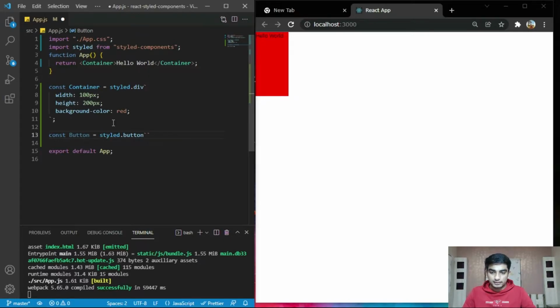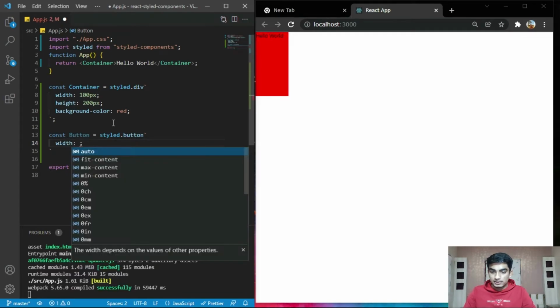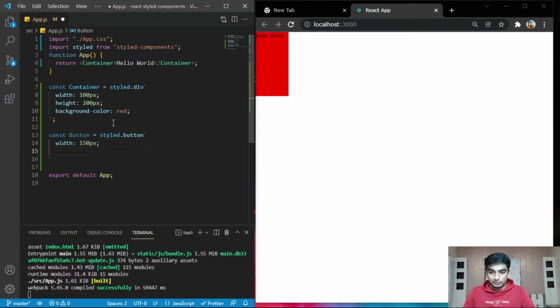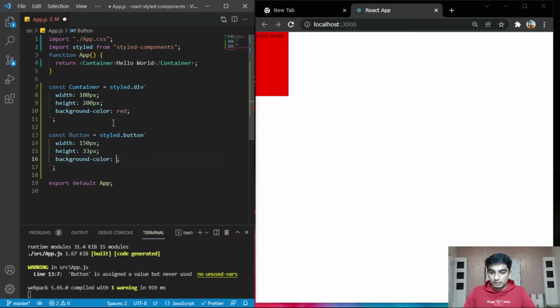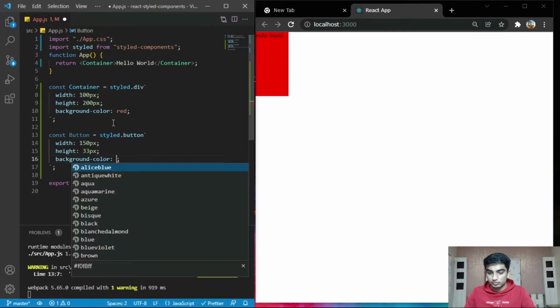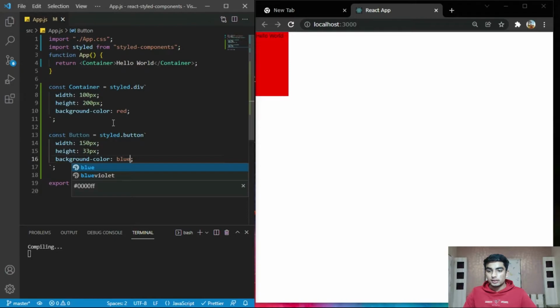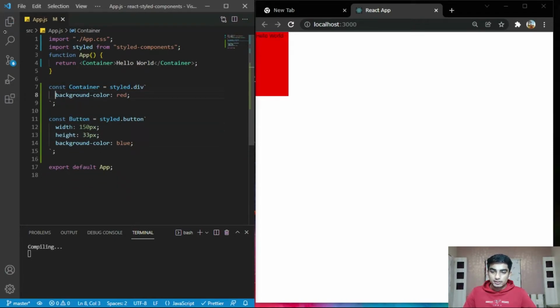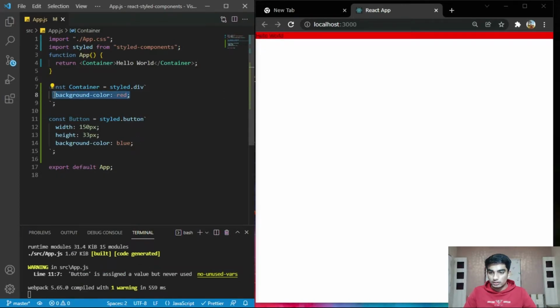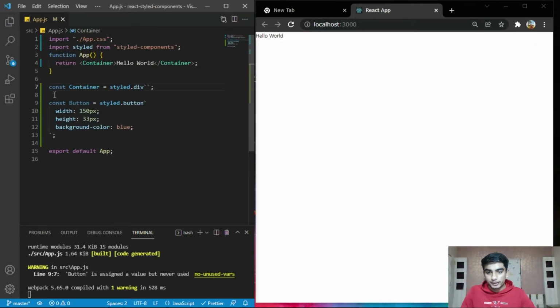And inside those backticks, we are going to apply width of 150 pixel, height of 33 pixel, and background color blue, and apply it. Here I just remove this height and this red color and apply it simply.